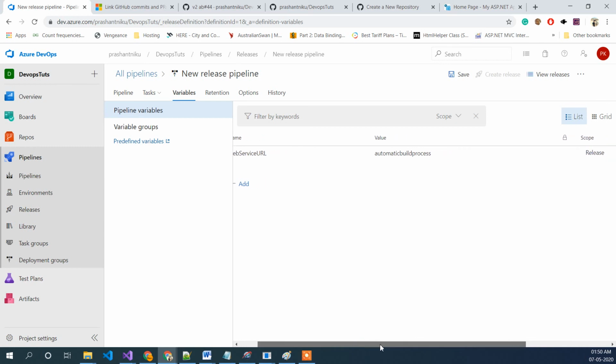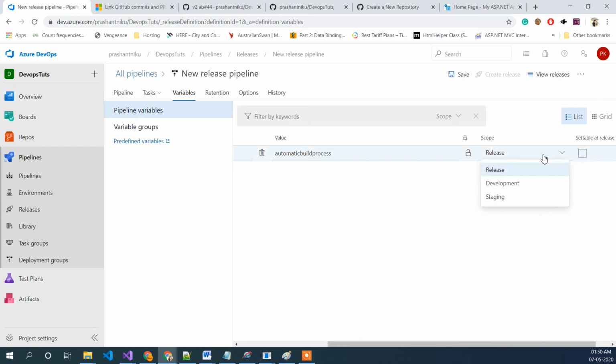And the one thing which you always need to see is the scope which we are going to define. So we are concerned about the development, so we will add development in here.